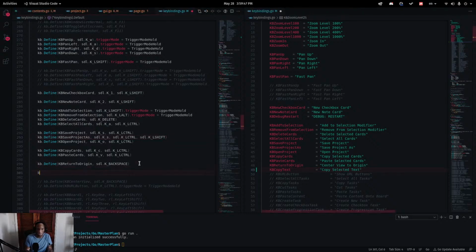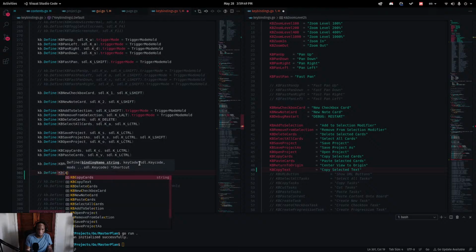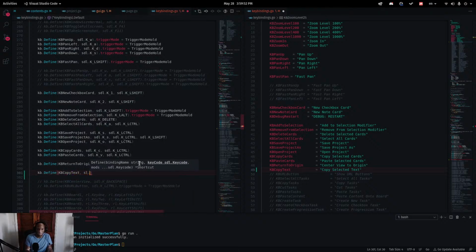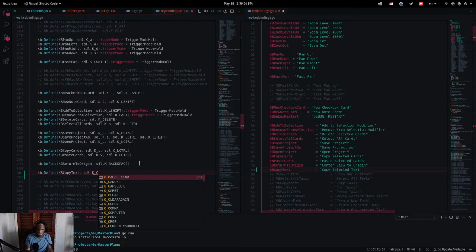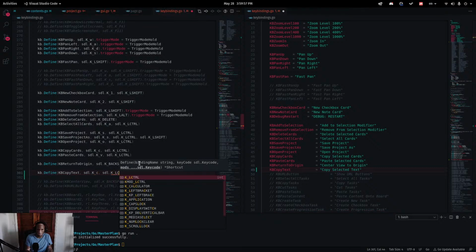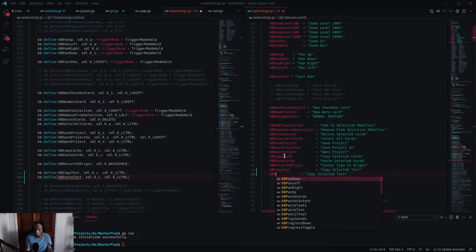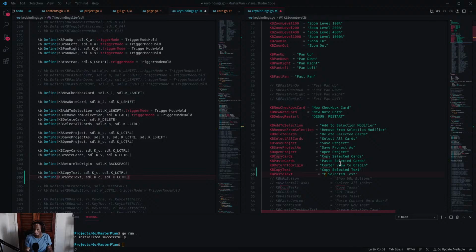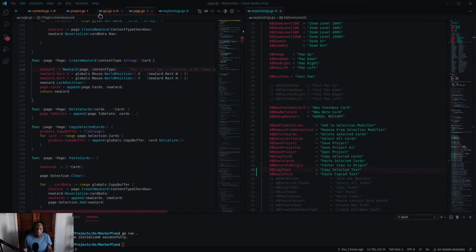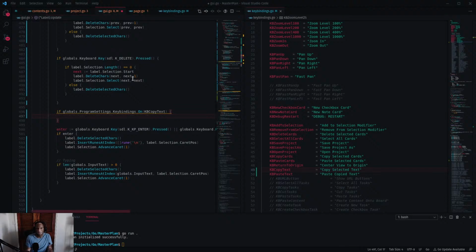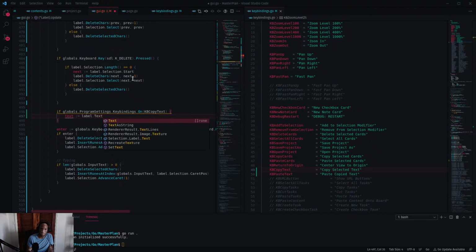All right, maybe line, maybe text, AC. All right, paste text. So now when we go back to the GUI, we say, okay, if you copy, then we basically get the text. It's going to be label.text. It's going to be